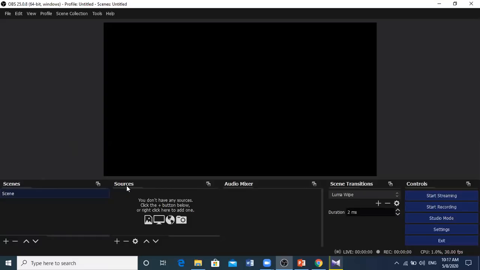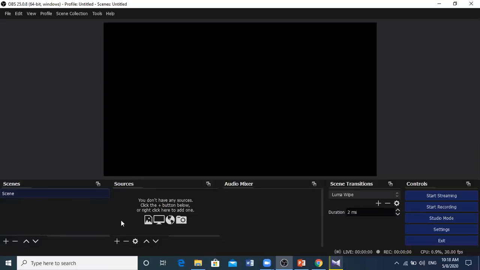Sources are nothing but, first, we have a video capture, then display capture, and then text capture, and like that many things we have to arrange. All these sources are situated in a scene, which is a layout consisting of all the sources. We have seen it is automatically there, so you don't need to create any more scenes. Now you have to add sources.